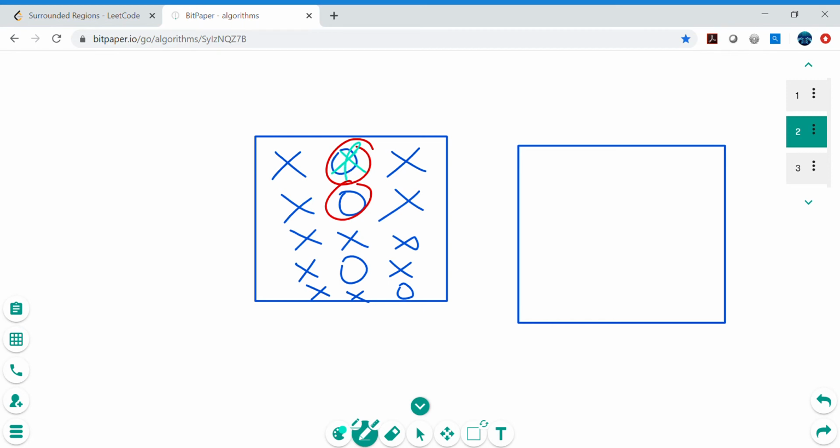Let's say this is a star, this is a star. We ran depth first search, checking if it is on the boundary, then run the depth first search. From the depth first search it comes here and finds that it is already connected. Another O is also connected, so it marks them as stars. And this O is not connected to this, because X is already in the middle, so we cannot change this O to star.